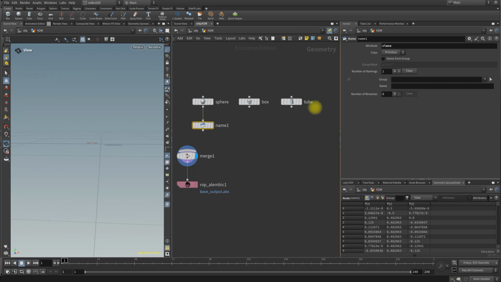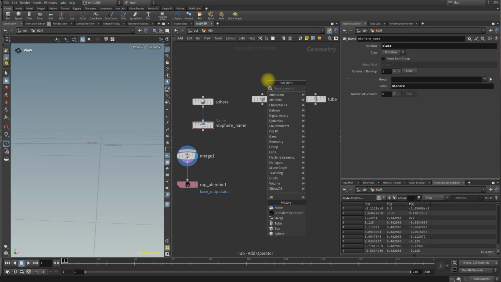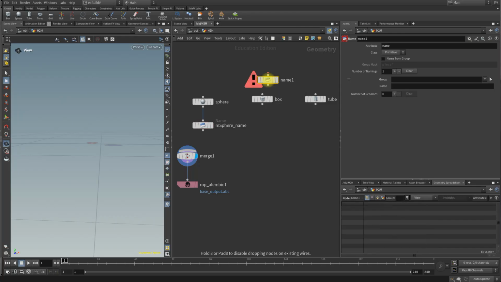Okay, so we're going to put all these objects in a class, and the name we're going to give this one is going to be mSphere. Okay, we're just going to use the M prefix in front of each one of them, and we're going to call this one mSphere name. We're going to do the same thing for the other 2. So name,